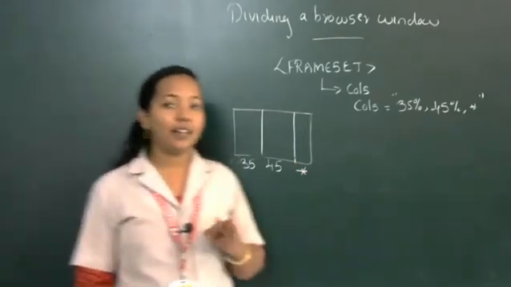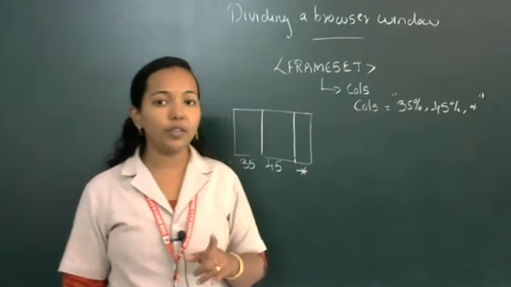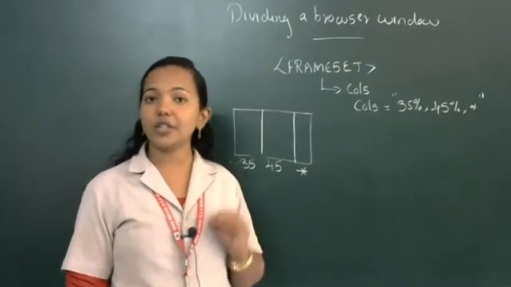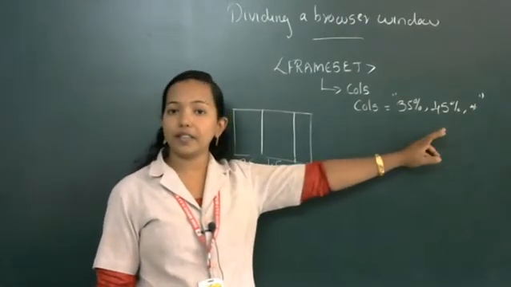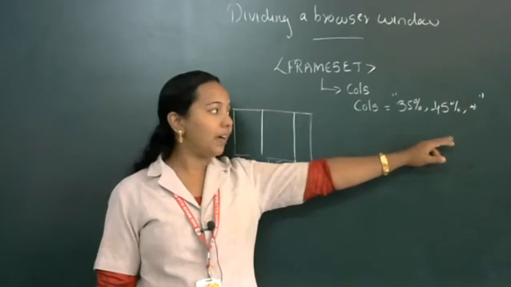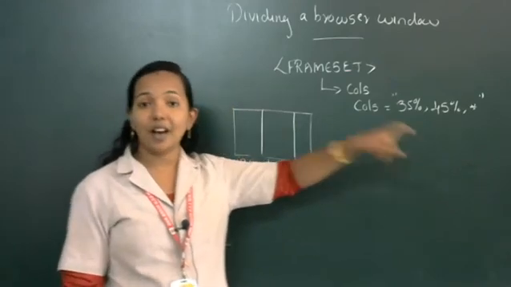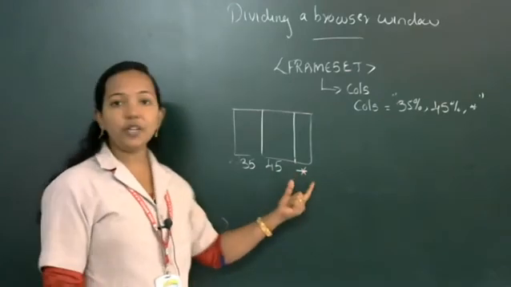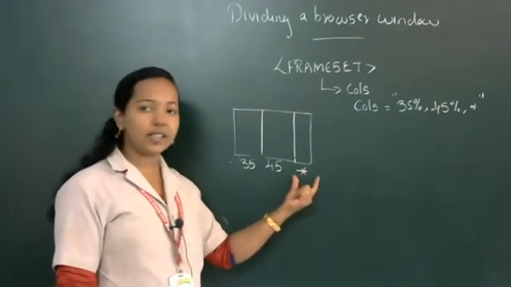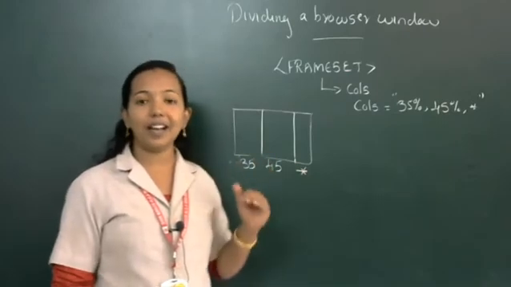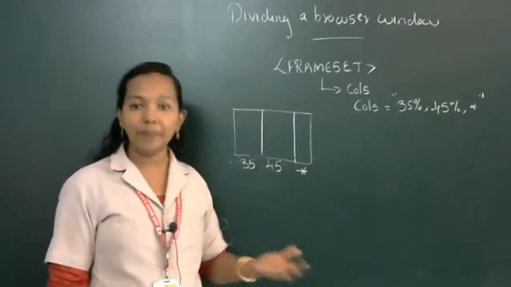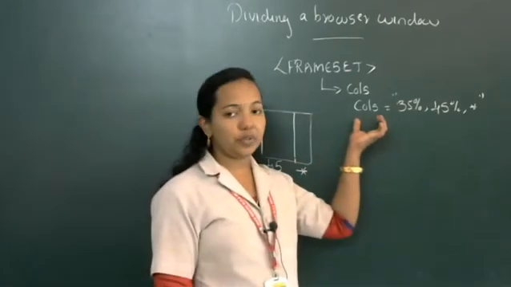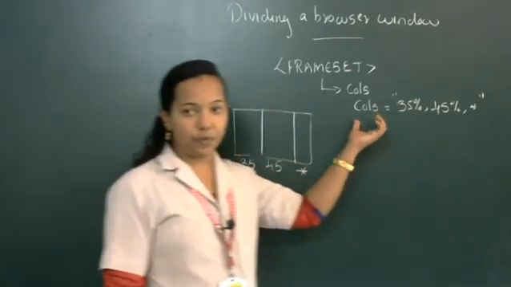You know, star we are using for different purposes. First we are using star for multiplication. Then in pointers, for declaration of a pointer also we are using the star operator. But in frameset we are using star for extracting the remaining space. You don't need to mention the size for star. If we write star, the remaining space is allocated for the third web page. For that purpose, we are using the cols attribute.